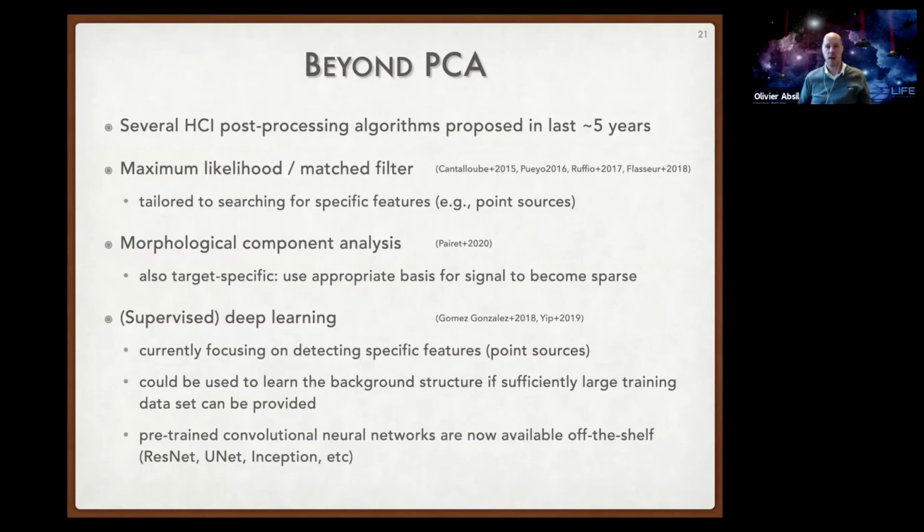Okay, and so I just want to show 2 last slides before concluding, to show you that we can even go beyond PCA. In the field of high contrast imaging, there have been more advanced algorithms proposed. Usually these algorithms are more geared towards detecting specific features. Like for instance, in the case of matched filtering, or maximum likelihood, you look for a specific feature, generally of a point source. So it might or might not be useful for